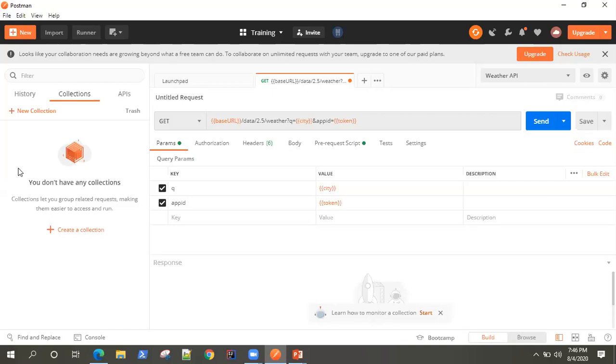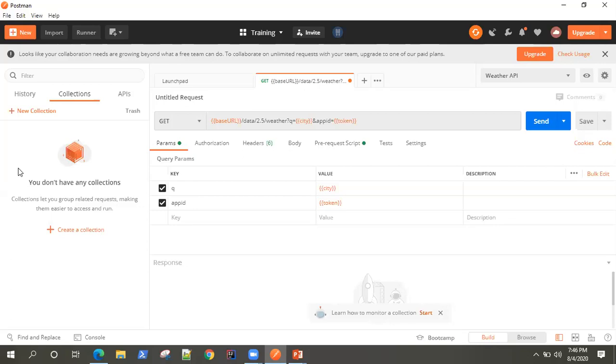It may be a collection for each project, or a collection for each functionality, or a collection for your test pack. So there are different ways of organizing your collections, and that helps you to keep all your API requests organized